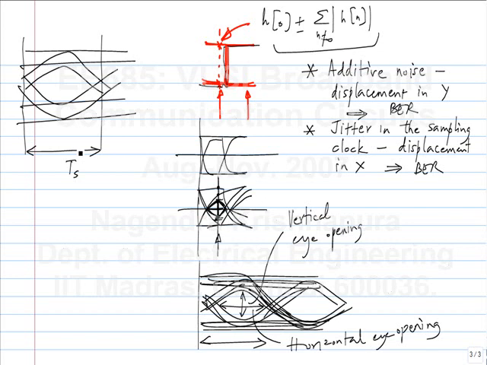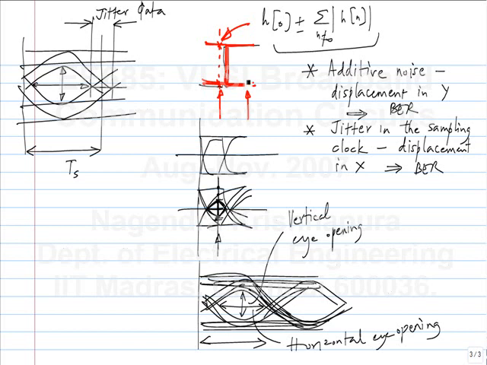So this is what the eye diagram looks like, and this is the vertical eye opening. This is the horizontal eye opening, and this part, the part on the x-axis that is covered by transitions, is known as jitter. Okay, this is the jitter in the data, it's not the same thing that I described here. This is the jitter in the sampling clock. The sampling clock can move back and forth. This is the jitter in the data.